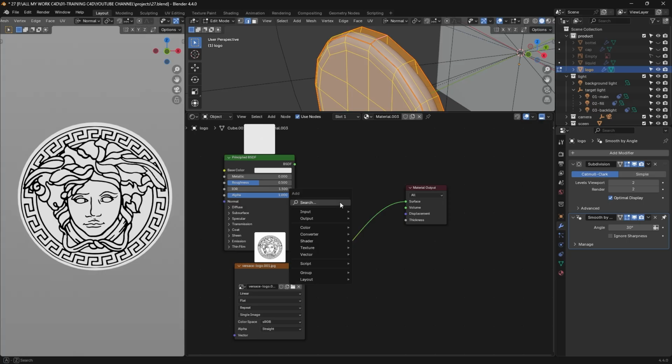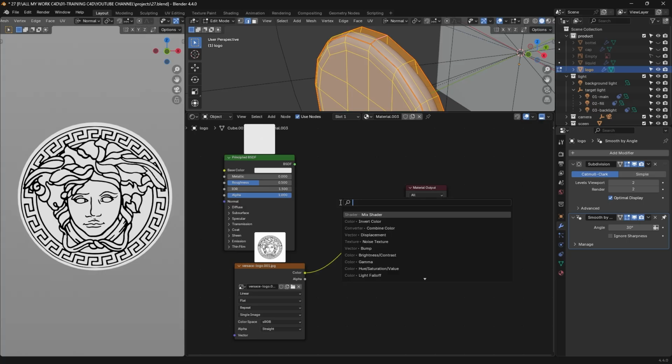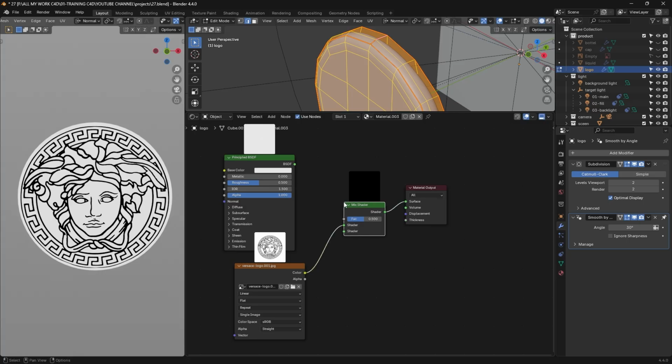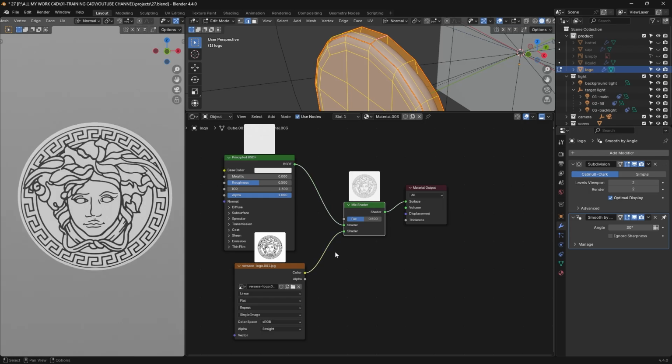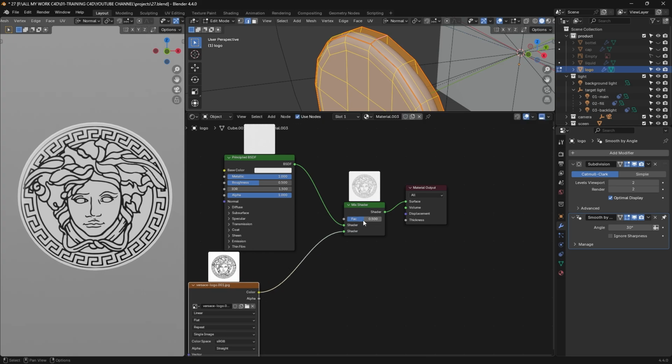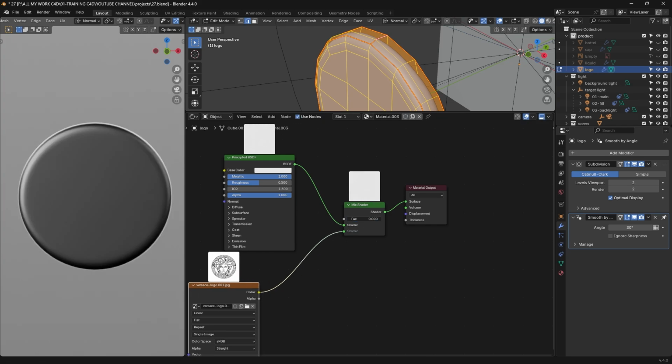So let's select the mix shader, put this one here and this one here. This one needs to be metallic. So which one is okay? So this one is the metallic,